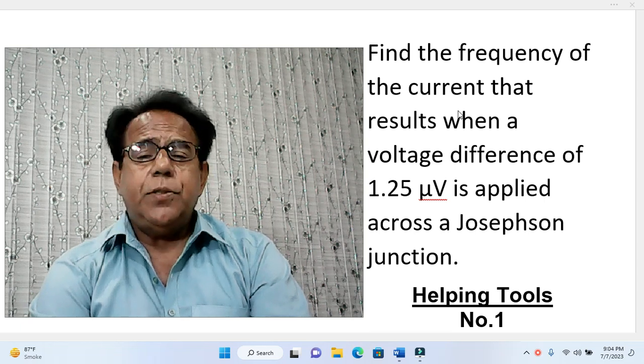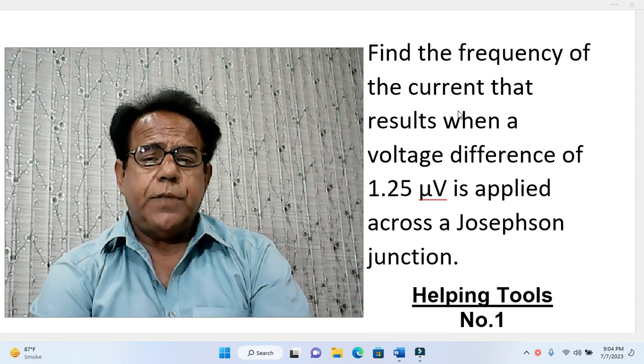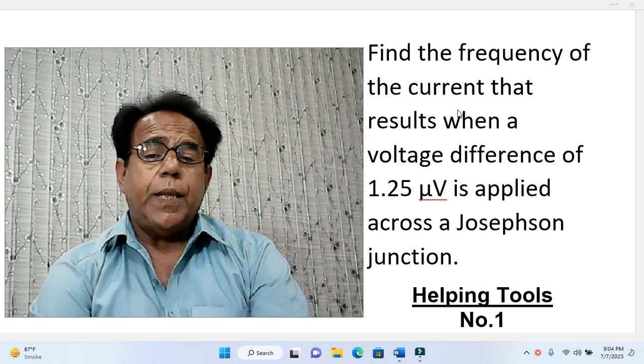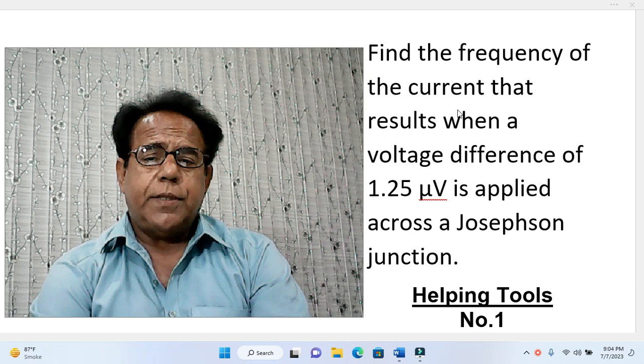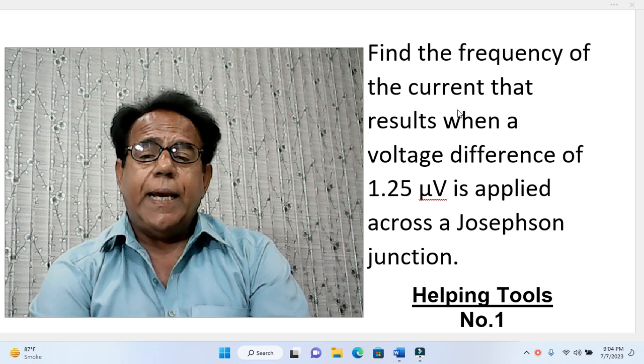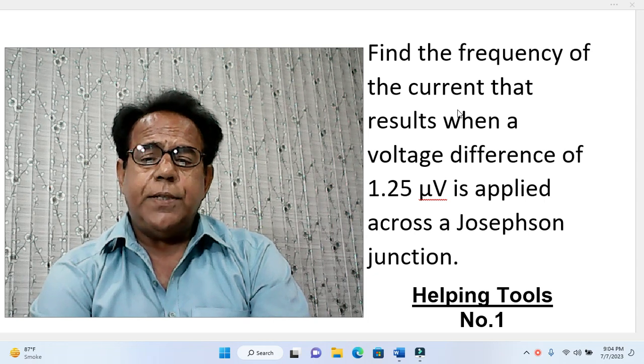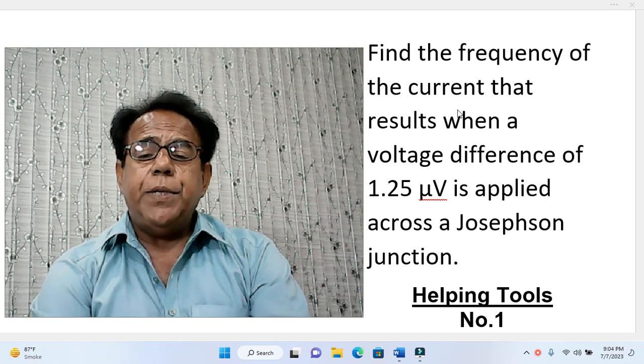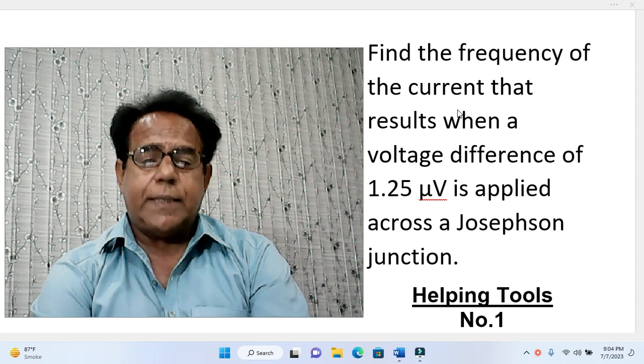Assalamu alaikum dear students. This is our next problem, chosen from the book Modern Physics by Kenneth S. Crane. As usual, we first come to its statement. Find the frequency of the current that results when a voltage difference of 1.25 microvolt, micro meaning 10 to power minus 6,